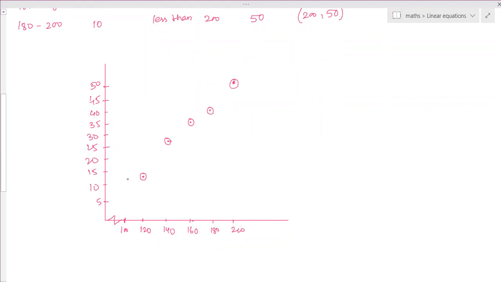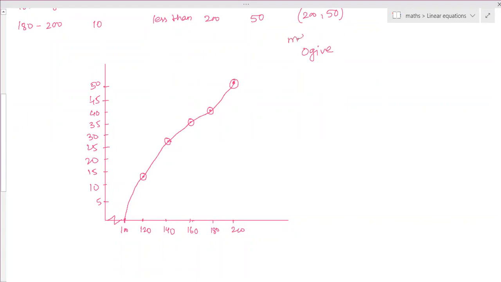Then you have to join them with a freehand curve. Don't use a scale. Starting with the earlier value, 120, you have marked all the points, so you have to start from the x-axis. The earlier value is 100, so start from 100 and join with a straight line, but with hand. Like this you have to draw. This way you will get the curve. These curves are called ogives.